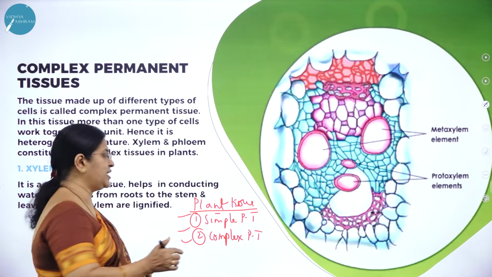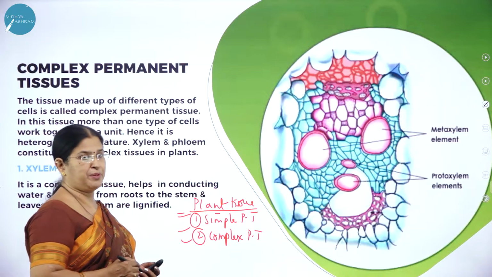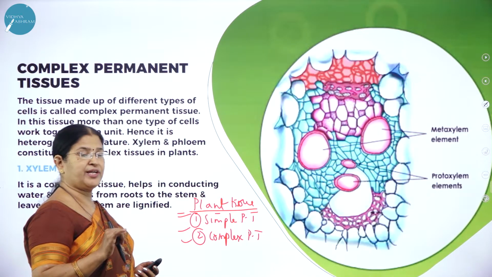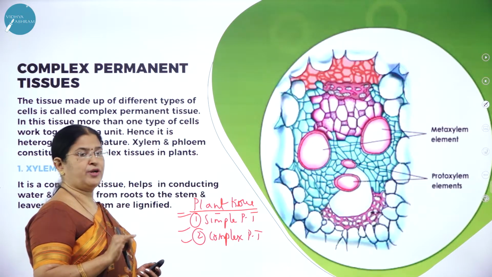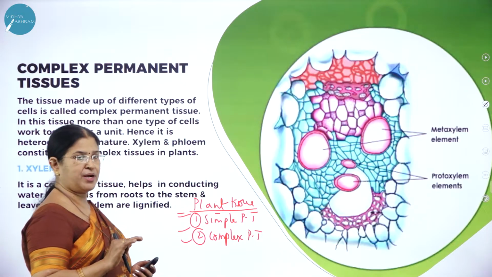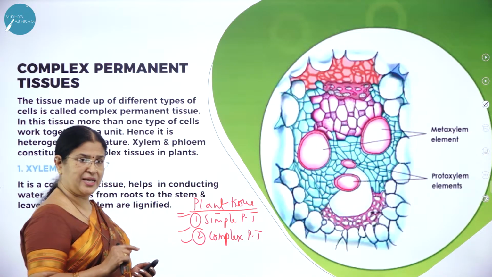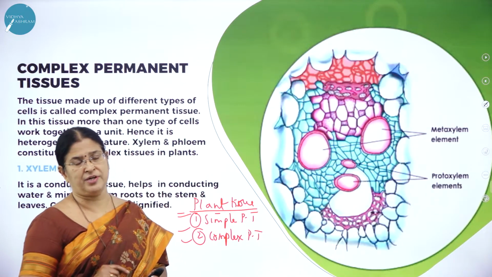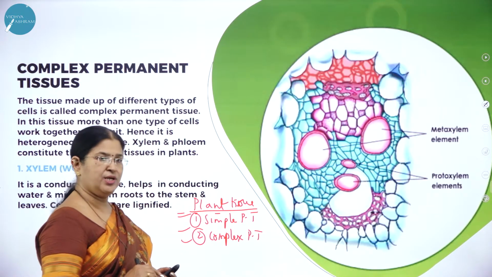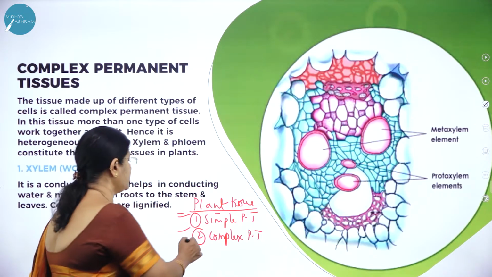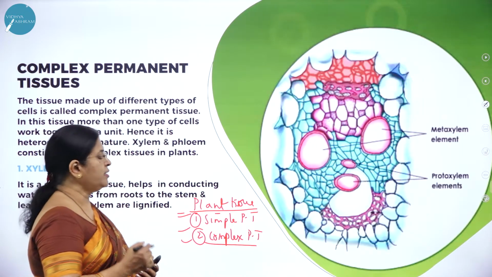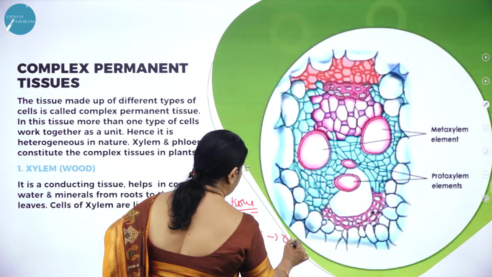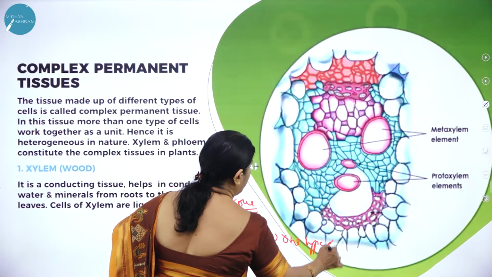All the cells are of similar type, hence the name simple permanent tissues, where we come across parenchyma, which is a food storage tissue, and other than food storing, it gets itself modified like chlorenchyma, prosenchyma, aerenchyma, then collenchyma, which is a living mechanical tissue, then sclerenchyma, which is a dead mechanical tissue, where we studied about two types of sclerenchyma, that is fibers and sclereids. So all the cells are of similar type, whereas the word complex permanent tissue means the permanent tissue is made up of more than one type of cells.